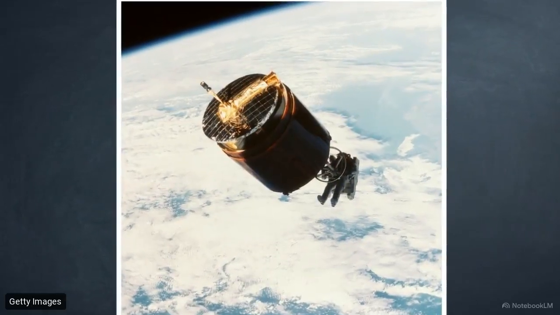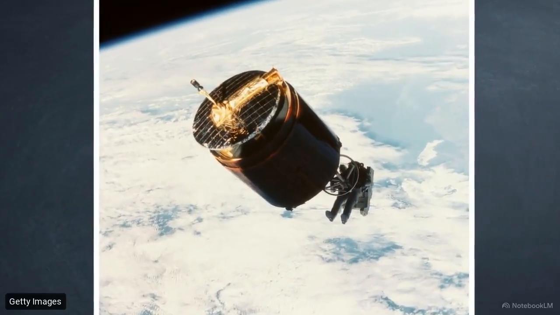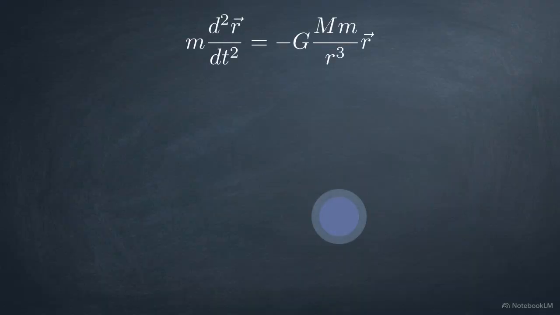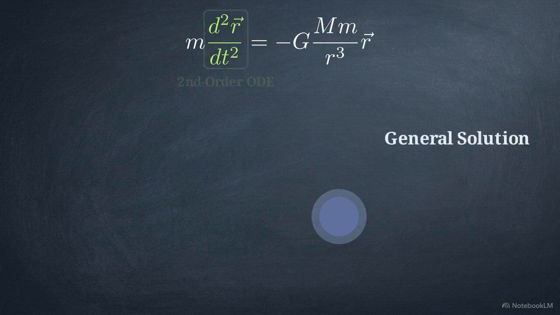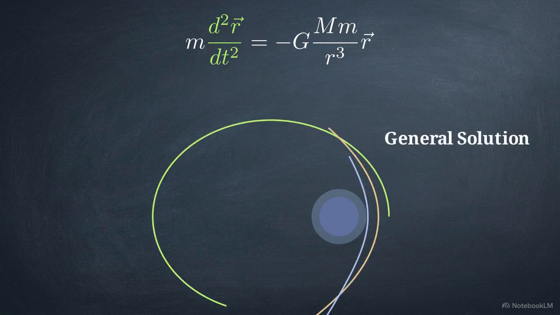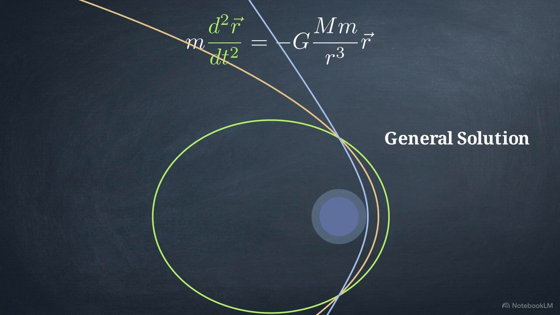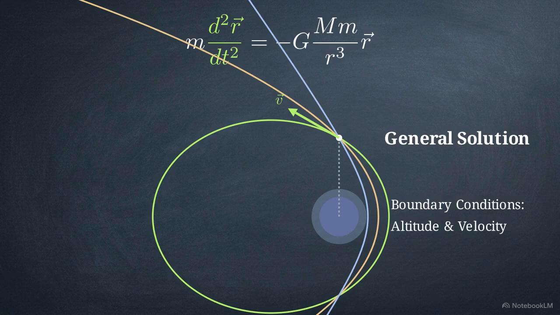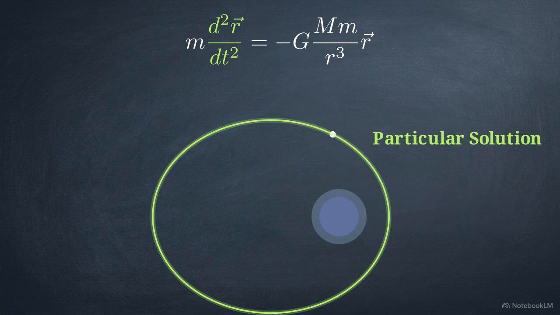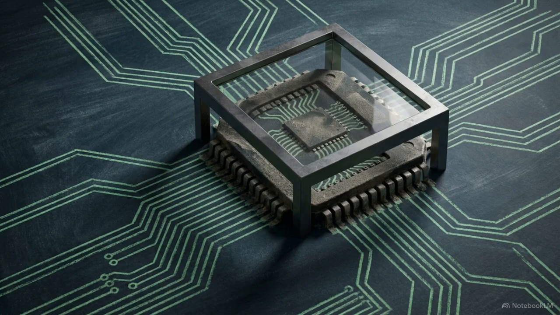Aerospace engineering relies entirely on finding these precise analytical solutions. This visual maps Newton's law of universal gravitation. It's a second-order differential equation. Its general solution contains all possible orbital conics: elliptical, parabolic, and hyperbolic trajectories. By applying boundary conditions, the satellite's exact launch velocity and altitude, we isolate the particular solution, confirming a stable elliptical path. We see the exact same process when moving from the macro scale of space to the micro scale of